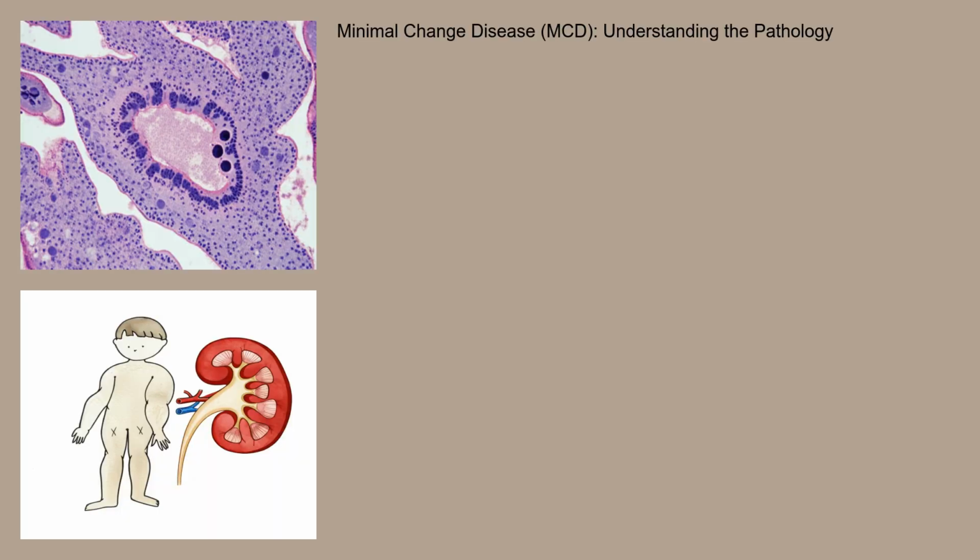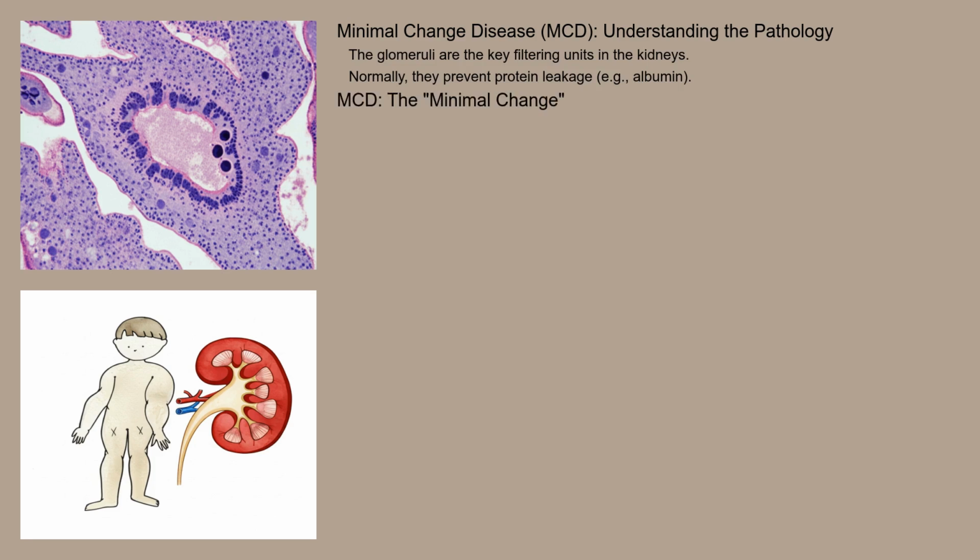The key to understanding minimal change disease lies in the glomeruli, the tiny filtering units within your kidneys. Normally, these filters prevent proteins like albumin from leaking into the urine. In MCD, the glomeruli appear normal under a standard microscope, hence the name minimal change. However, at the cellular level, specifically at the podocytes, the cells that form the filtering barrier, there's effacement or flattening of the foot processes. These foot processes are normally intricate and interdigitated, but in MCD, they flatten and lose their structure. This structural change increases the permeability of the glomerular filtration barrier, leading to massive protein leakage into the urine,